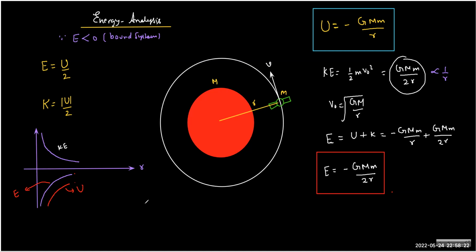Sir, the E less than zero is about, when the energy is less than zero, it's a bound system. I understand that the object is stable, but it is always trapped in the gravitational field, so it may come back to Earth also. Sir, how do we make sense of it exactly?